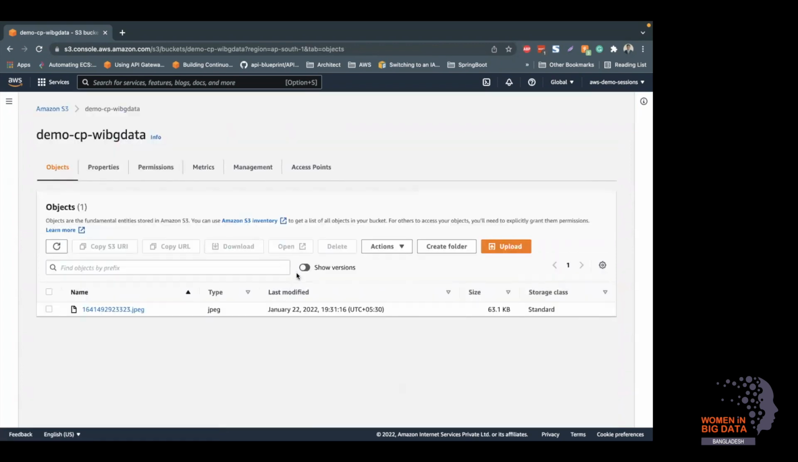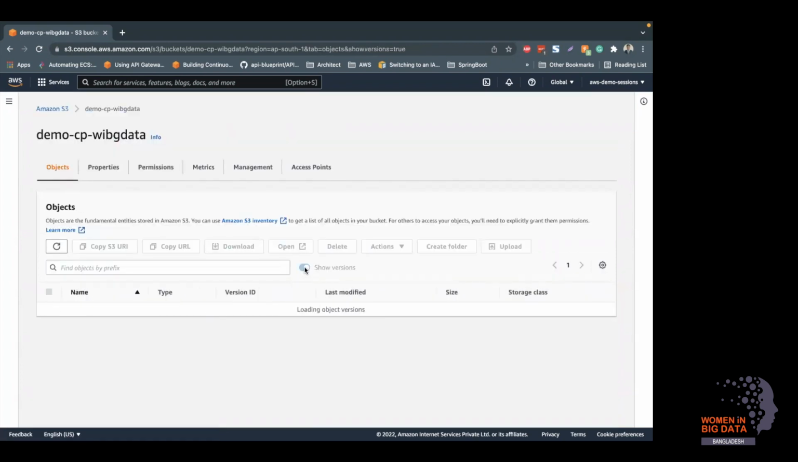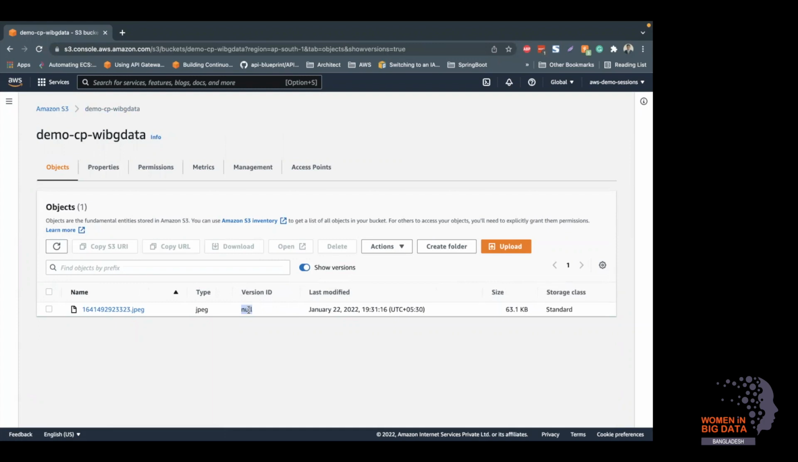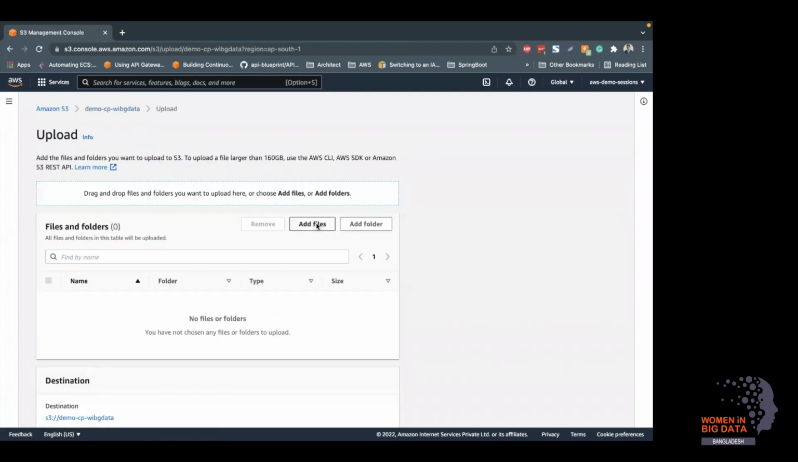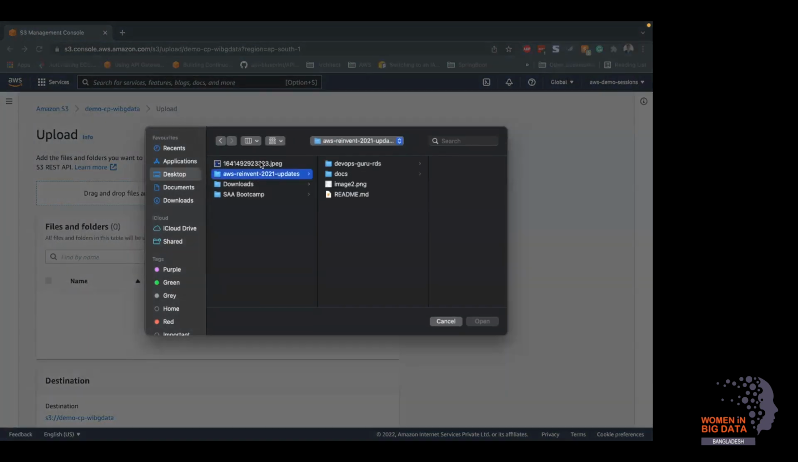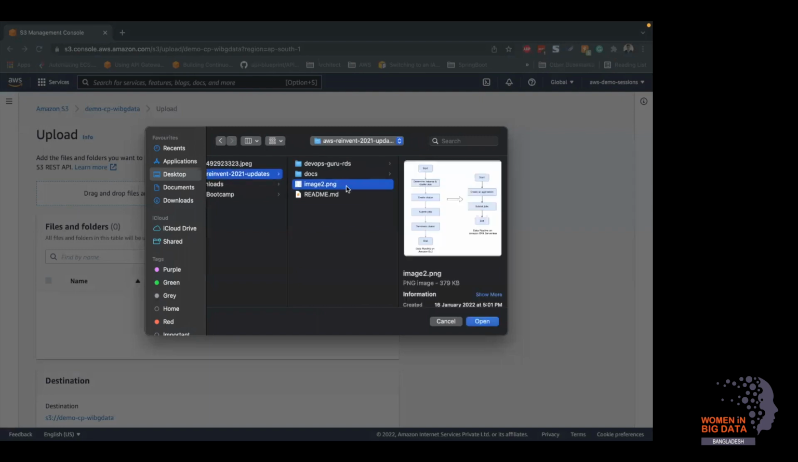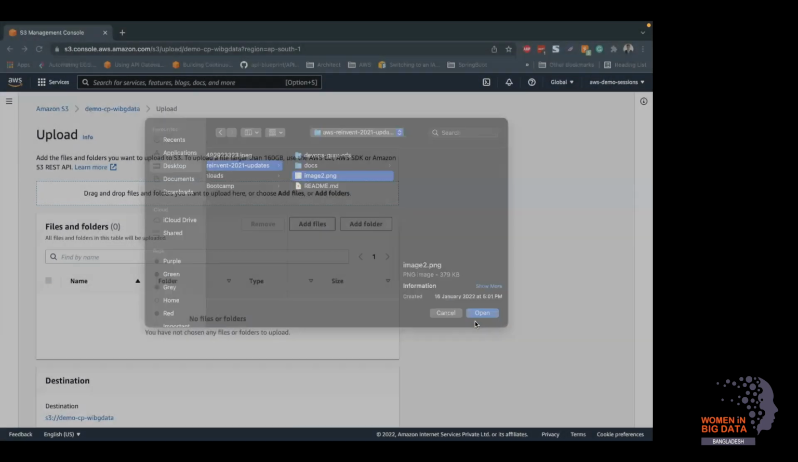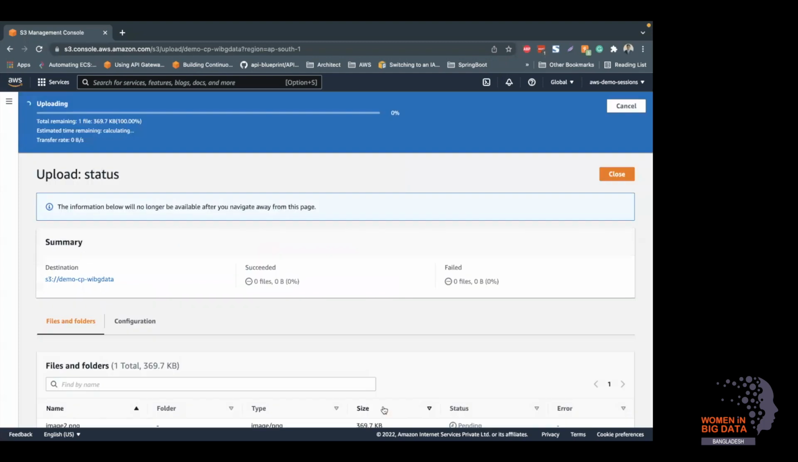So technically, if you see here, if I click, you can see this toggle button that comes up, right? This is what I was trying to explain to you guys, that this is the version ID as null. That means there is no other version available for this object. So this object was existing before you enabled the version. Now, if I try to upload another image, let's say I upload this particular image, which is from one of my blogs. And if I upload it,